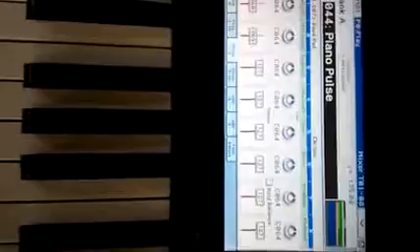Like mine, I have bank A, bank B, bank C, bank D. So now I can go to bank D and edit any voice over there. But it is better for you to go to combi, which is the combination button, once it has been turned on. Then you can come to this dotted line. You can open this dotted line. It will bring the voices under it.